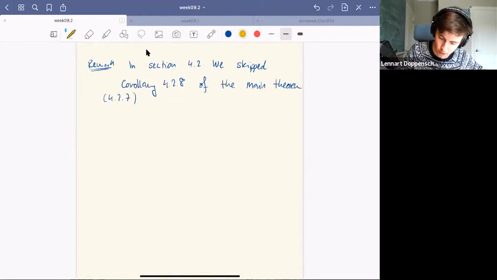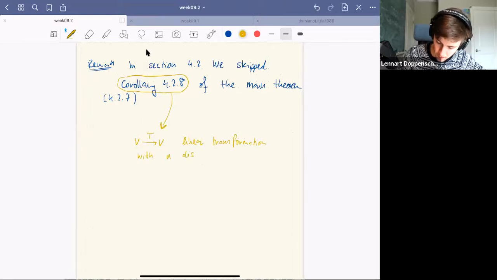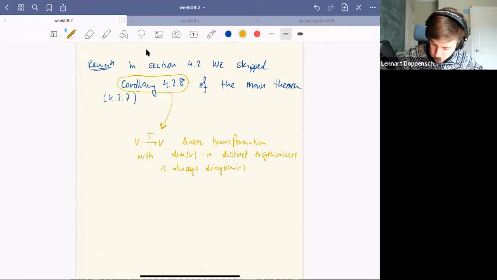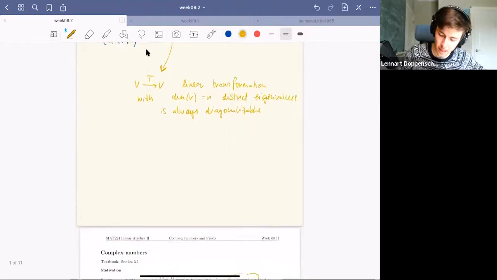I mean, look in the book for the exact, maybe more detailed version, but it says that if T goes from V to V, so this is a linear transformation, with n = dim V distinct eigenvalues, it is always diagonalizable, because, and the sketch of a proof